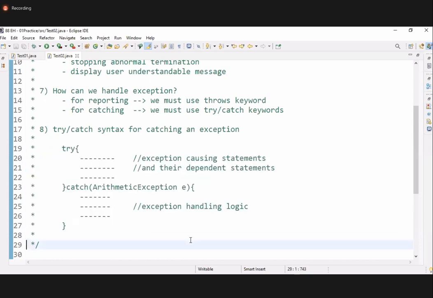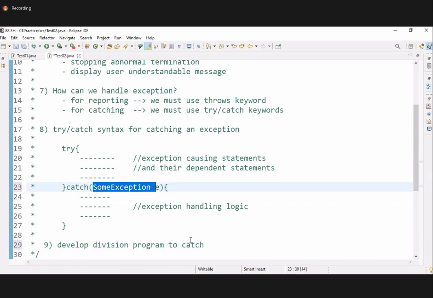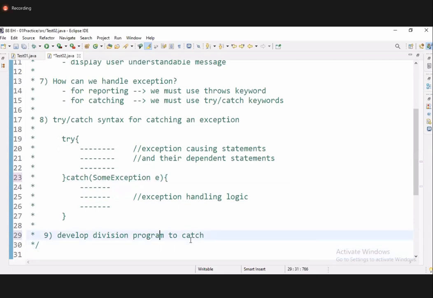With this syntax knowledge, can you write a program? Develop a division program to catch an exception. In place of ArithmeticException, any exception I can write now, so I'm writing Exception. Exception is the exception handling statement, the exception handling logic. Develop a division program to catch arithmetic exception and display